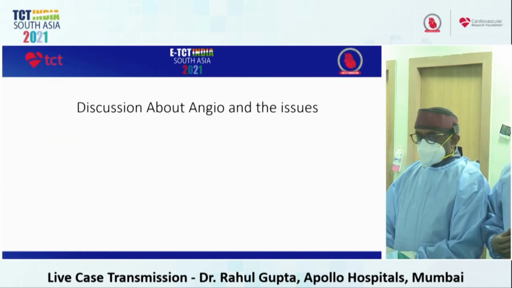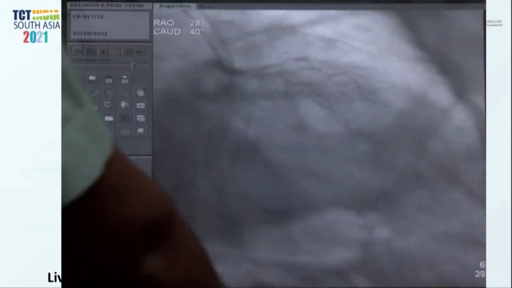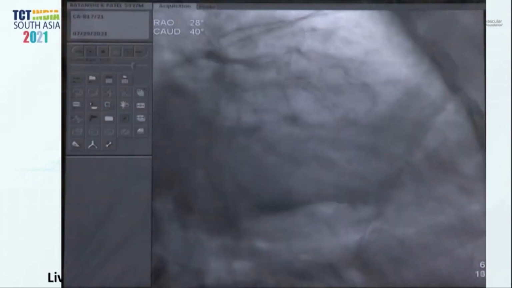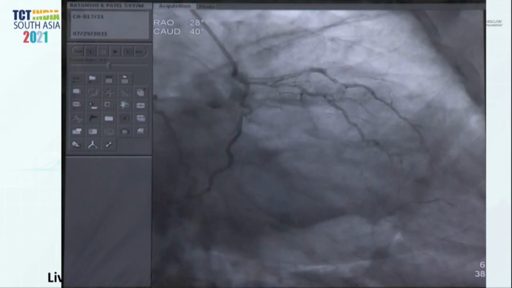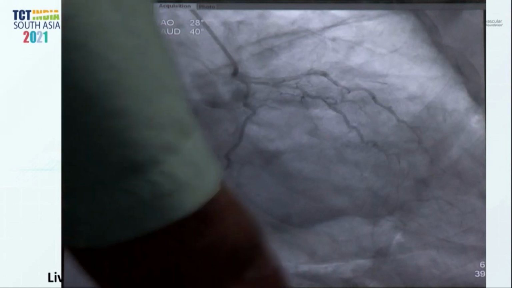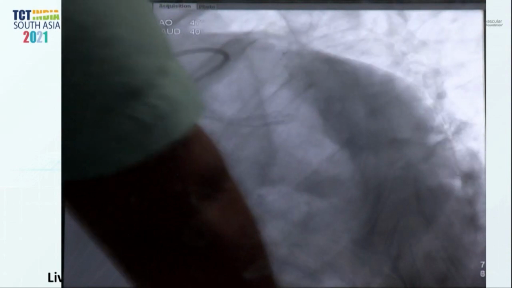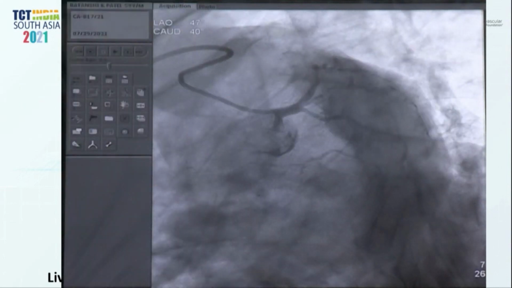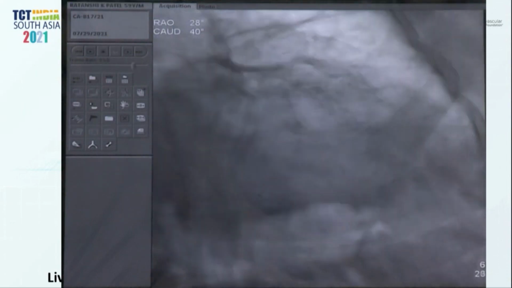Next one, please. So we'll discuss the angio. I think we can show the angio right now. Yeah. So can you please show the angio images? So these are the angio images, and if you look at the angiography, there is a CTO which we can see, the OM CTO, which is filling retrogradely via collaterals. Please keep running. Please keep running. Please. And yeah, so just stop this. So there's a LAD, we'll show you in the LAD diagonal view. If you can look at that diagonal which is coming out, please go a little back. Yeah, so there's a tight diagonal lesion, it's a bifurcation lesion.